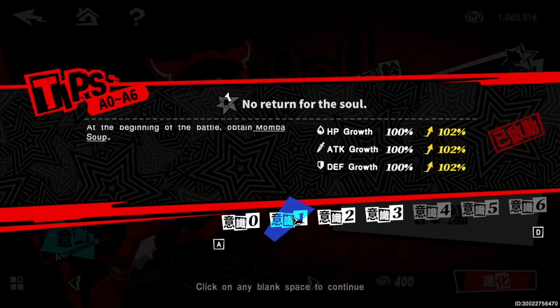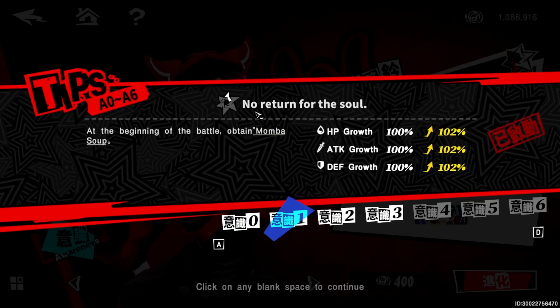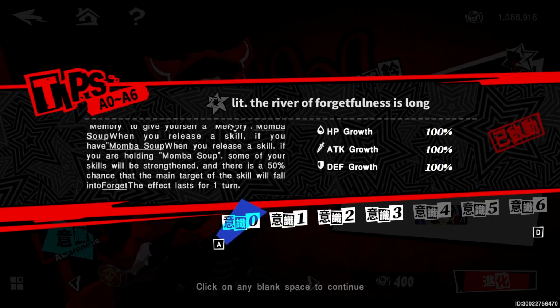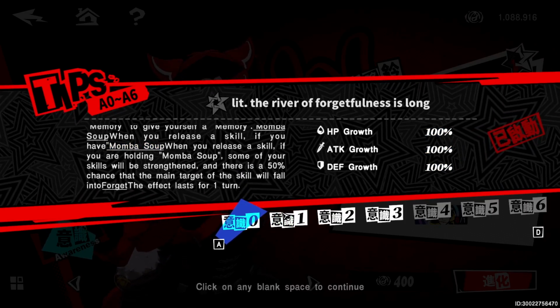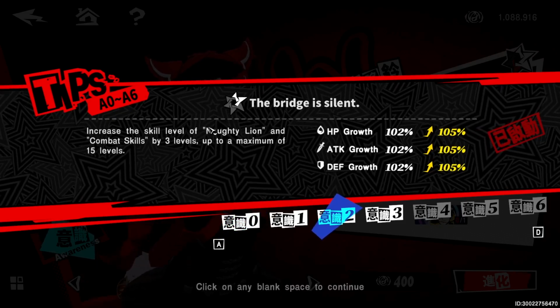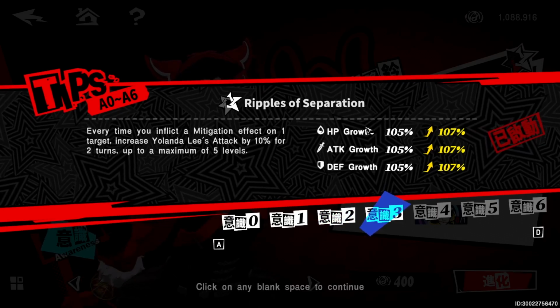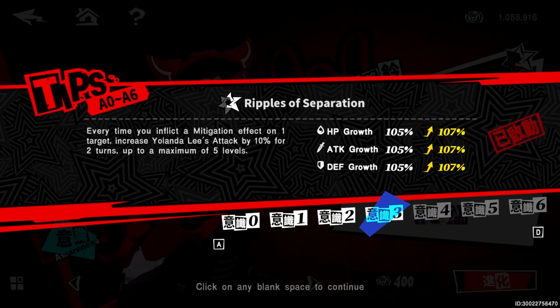Now going all the way to her first skill, at the beginning of the battle we get one Mamba Soup, which is absolutely amazing, seeing that you can immediately start off and get a forget at the start. Now of course, if you have 2 dupes, you get level ups into Naughty Lion, which I will get into later. But for her third one, Ripples of Separation, every time you inflict a mitigation